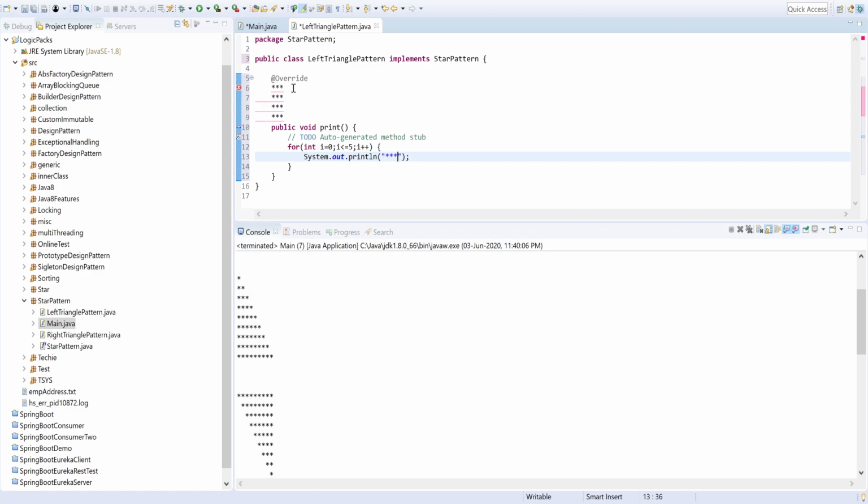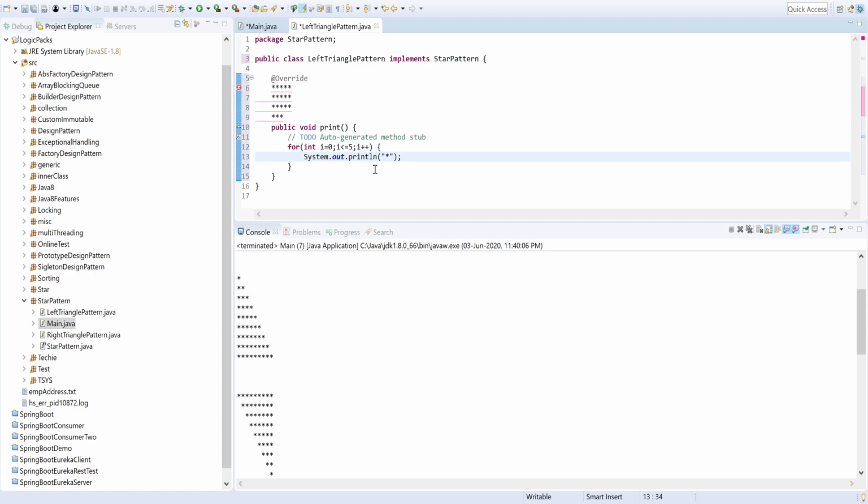If someone says there can be unlimited lines, it means they can give the input size. Like they have given 5, sometimes they can give 4 in every line. So what would you do? It means the number of stars should also be printed dynamically, not hard coded as we have given here. So how would you do that?